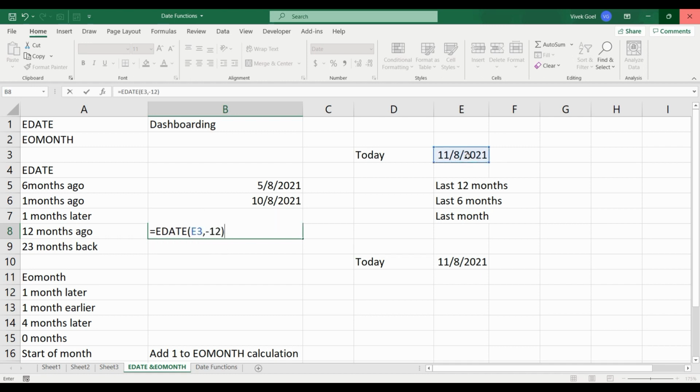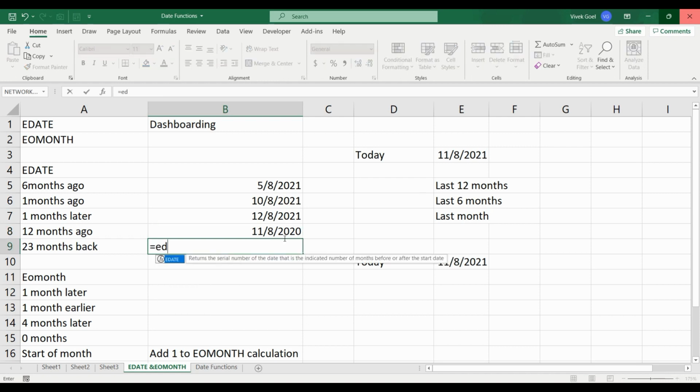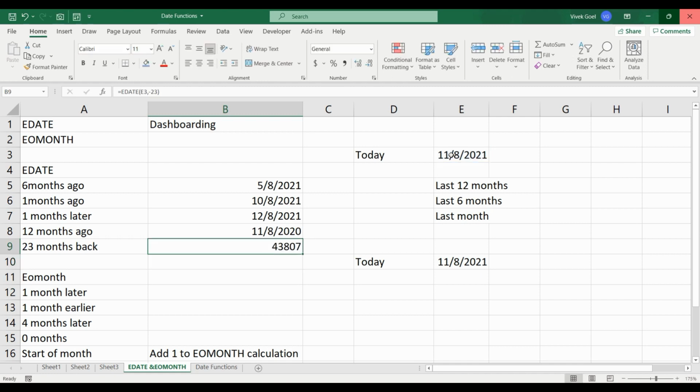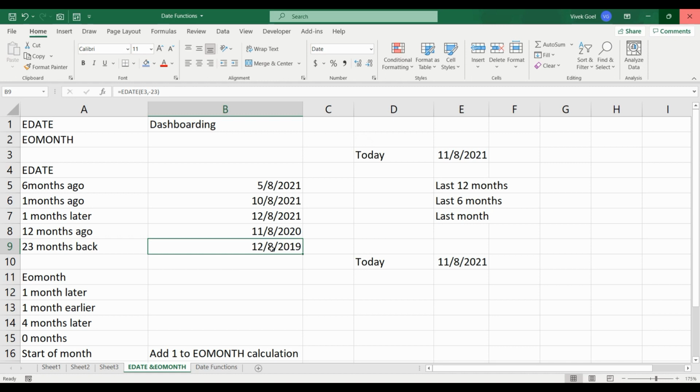When we want to go 23 months back, it changed the year to 2019 and month to December. EDATE comes in really handy if we want to see the revenue in the last 12 months from the mentioned or current date, or for the last 6 months or last month. We will practice this a lot more in the end in our final practice exercises.